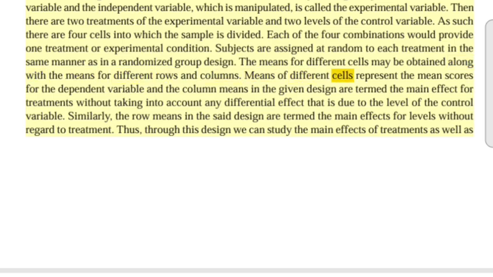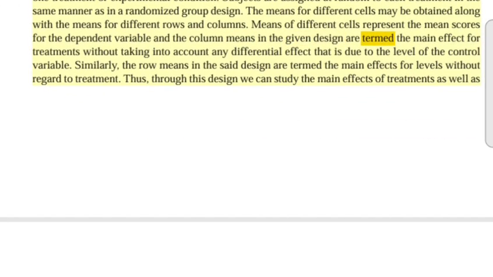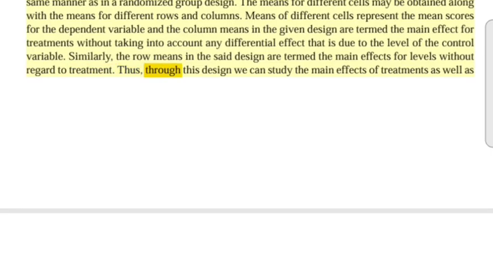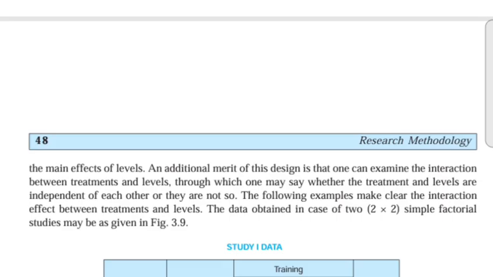Means of different cells represent the mean scores for the dependent variable, and the column means in the given design are termed the main effect for treatments without taking into account any differential effect that is due to the level of the control variable. Similarly, the row means in the said design are termed the main effects for levels without regard to treatment. Thus, through this design we can study the main effects of treatments as well as